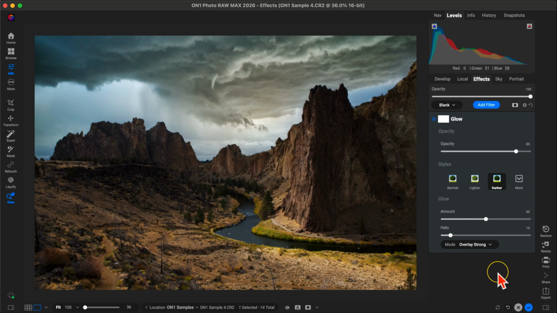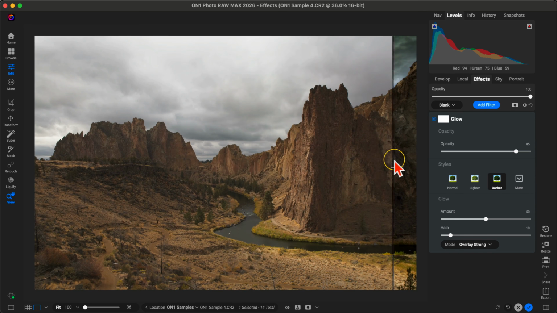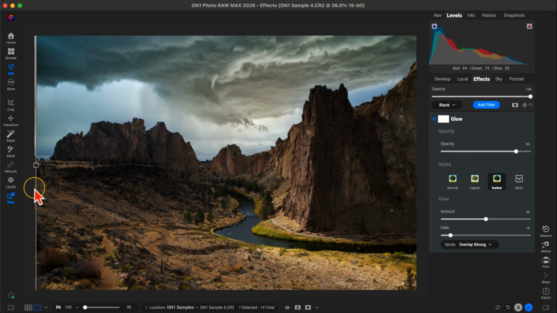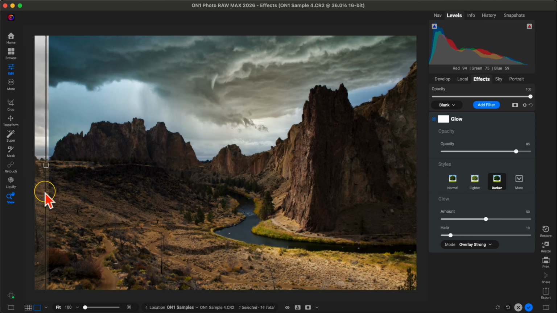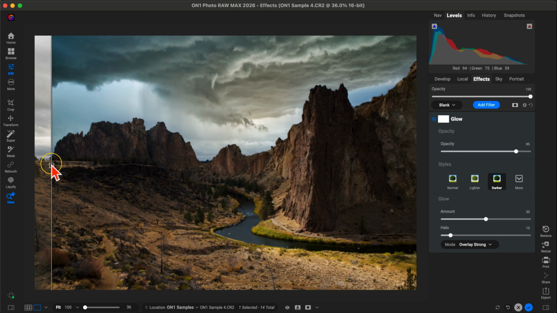But let's take a look at our before and our after here. We have the original and then after with that moody, dramatic, stormy sky in the background. And so that's my favorite way to perform a sky swap. Typically I swap the sky first and then I try to match up the foreground and the background with one another. And then I use filters inside of effects to congeal and make a much more